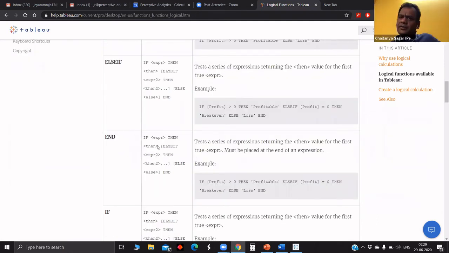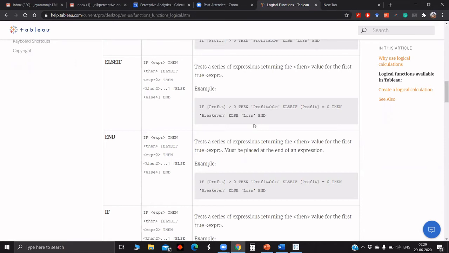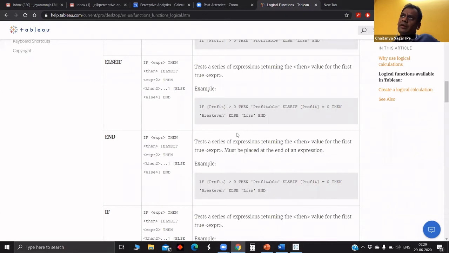So Jairam, else is always used in conjunction with if, is it? Can else be used in conjunction with any other function? Number 1, and number 2, can else coexist with else if? Else, in fact, is there, yeah. It cannot be used in any function other than if and else if. Okay, correct. I think at the end it looks like you can use else. The example is there. Okay.